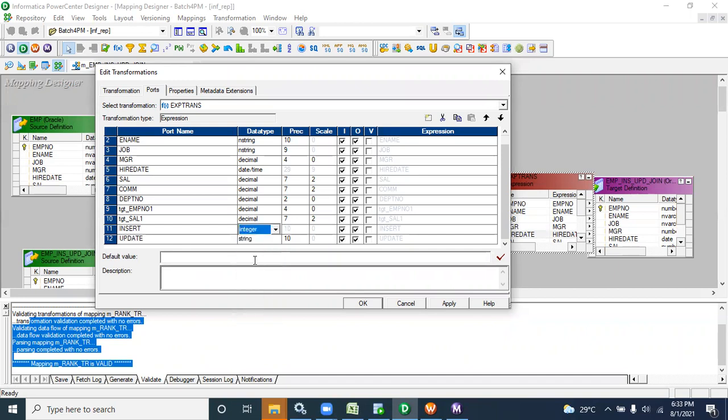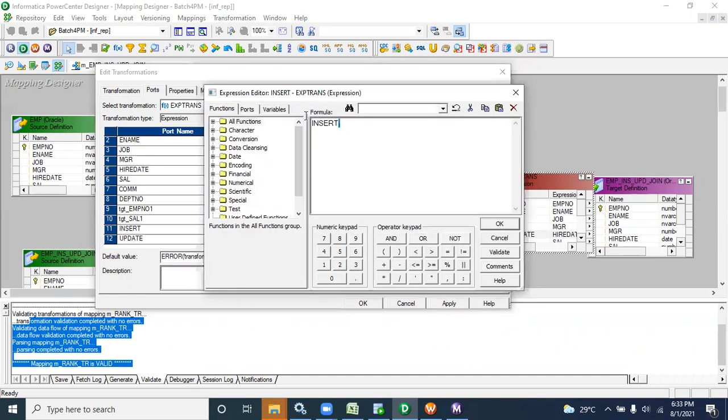You can keep it as string or integer, then give an output. Here we write: if is null of target employee number, not source, else 1, where 1 means true.